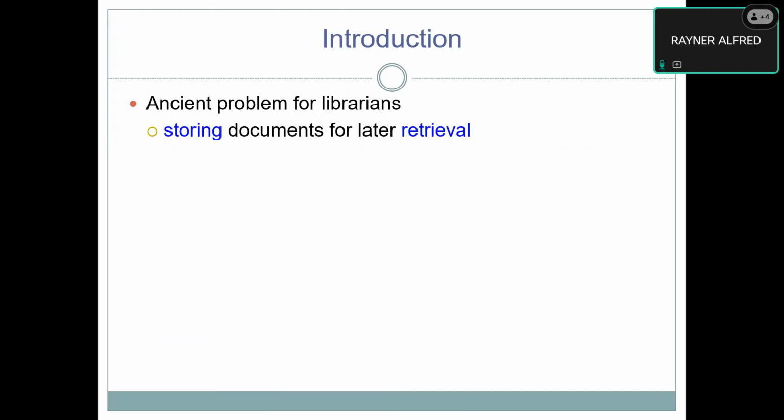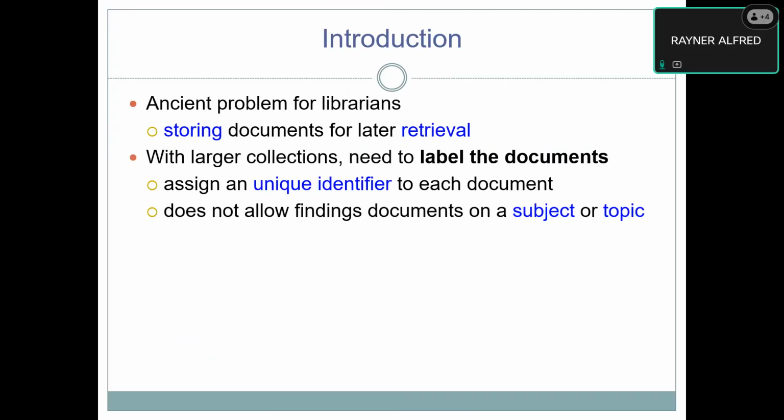So in the previous era, where the documents are stored based on the index term in order to retrieve them later on, with larger collections we need to label the documents. So imagine that for each document that we have, we should be able to label them based on the topic or based on some concept that we extract from the content of the document. So each of the documents must have a unique identifier, and